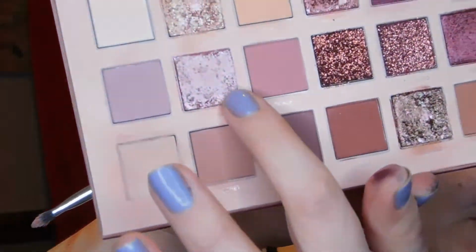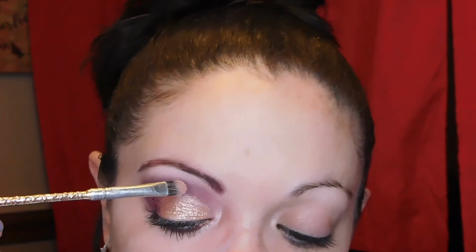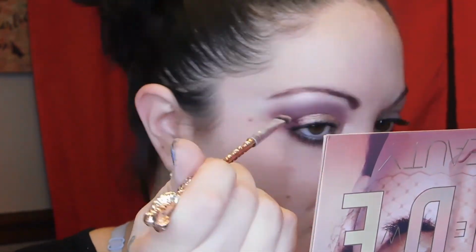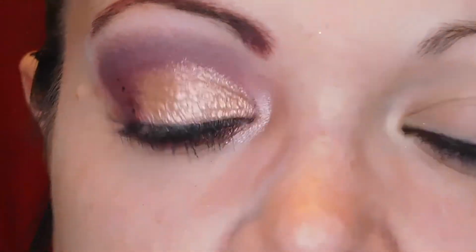And then I use that shade Daydream for a little bit of sheen, shimmer, reflectiveness under my brow. I think I forgot to do that on the other eye off camera. Oh, look at that mascara. Jeez, Shan. Alright, so I do the rest of my...